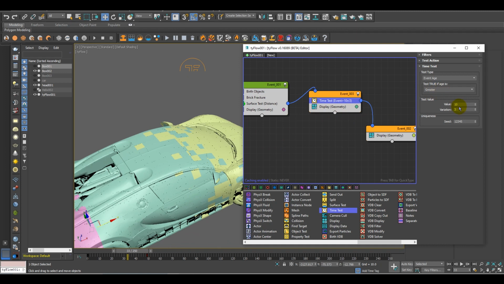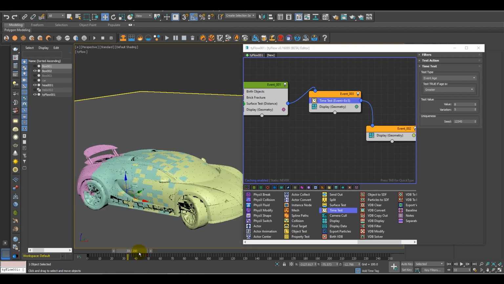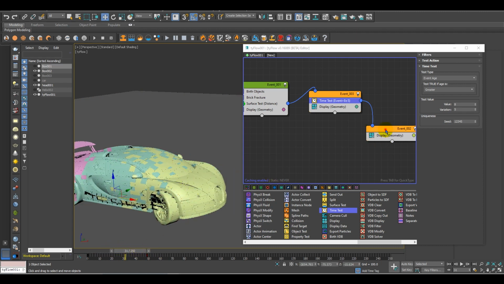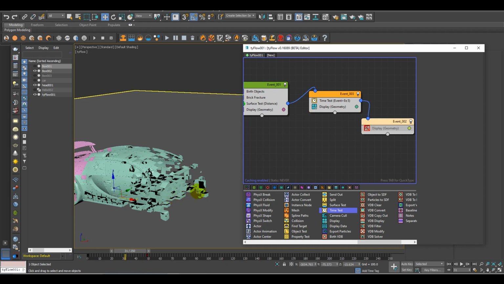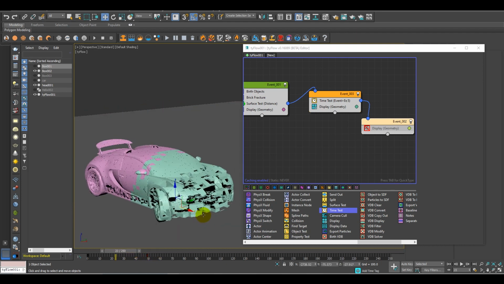Let's keep it to 8 and change the variation to around 5. That's perfect. So we have this, and to disappear this, what you have to do is simply click over here, and what we have is this. Our car has started disappearing from here.